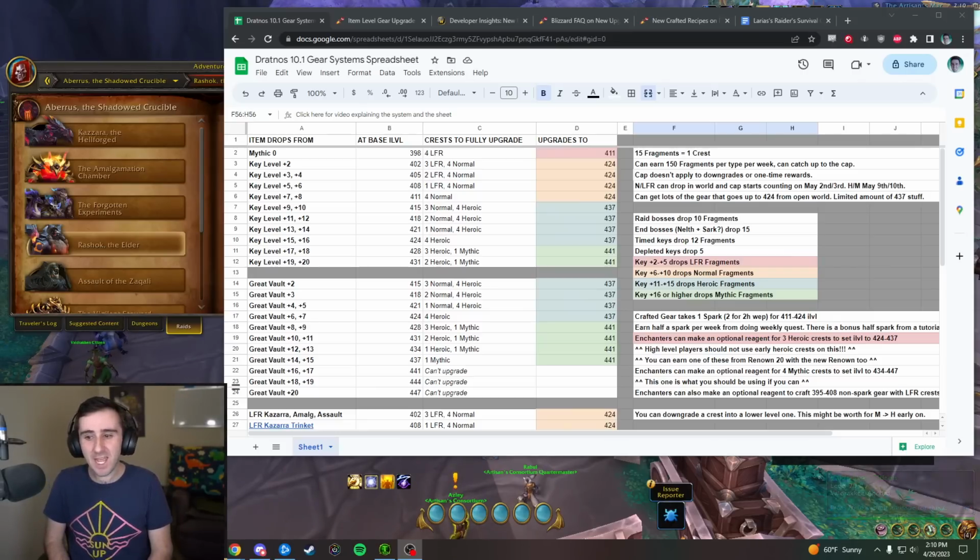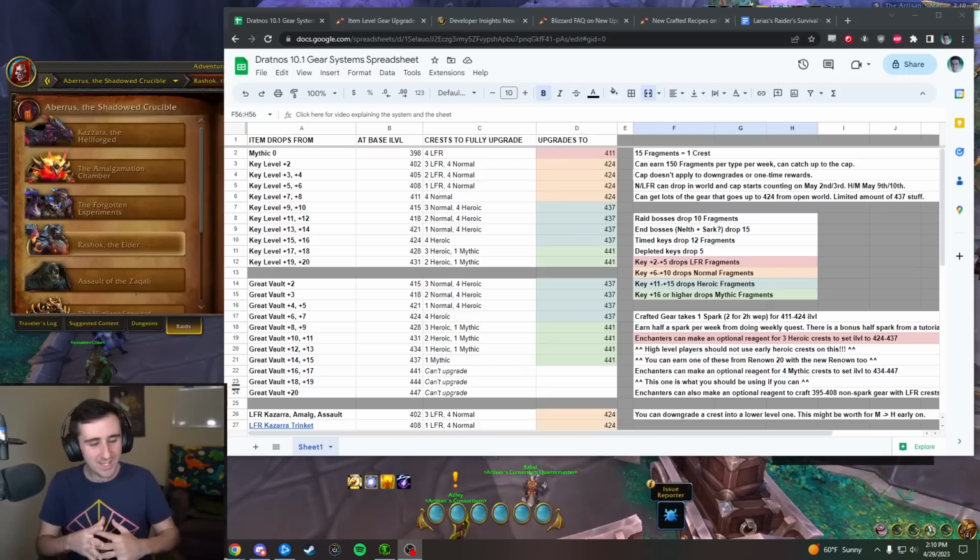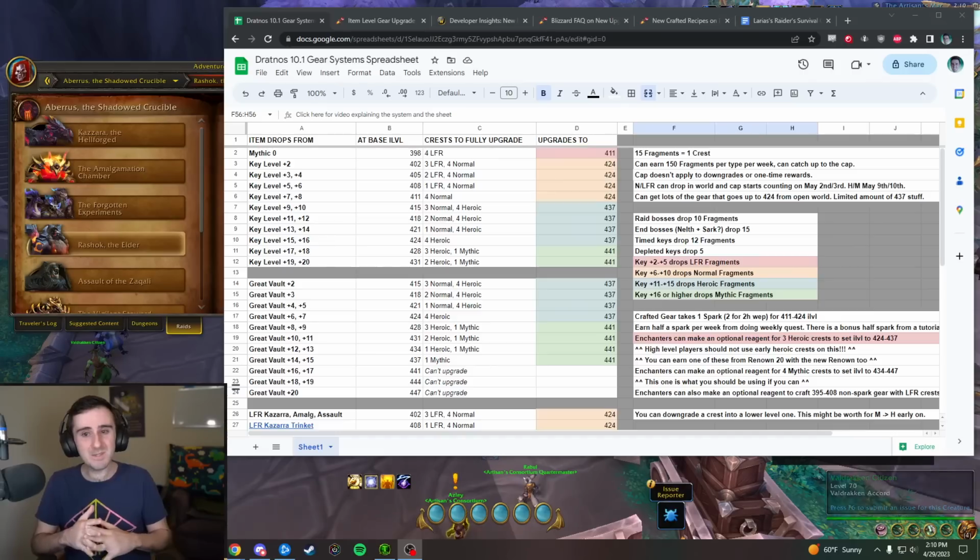So this video is going to be aimed at somebody who's been living under a rock, but wants to hit the ground running at the start of 10.1. I'm going to explain all of the things happening with the gear systems. Primarily, it's a new upgrade system that we're looking at, but I'm also going to talk about the loot that comes from the raid and from dungeons, and the crafted gear, and kind of all of the implications of all